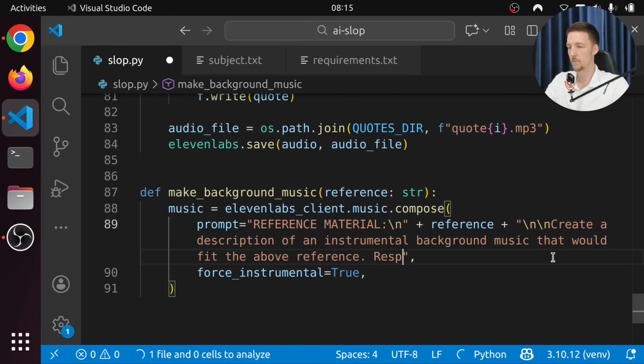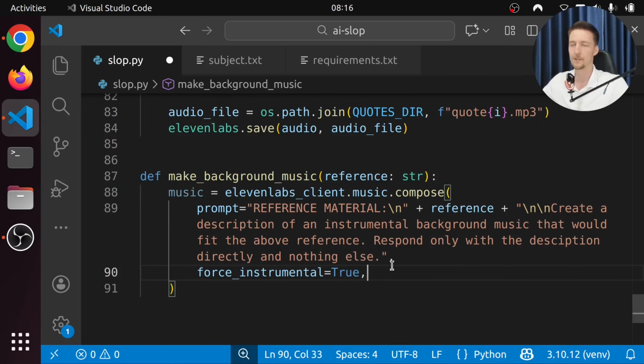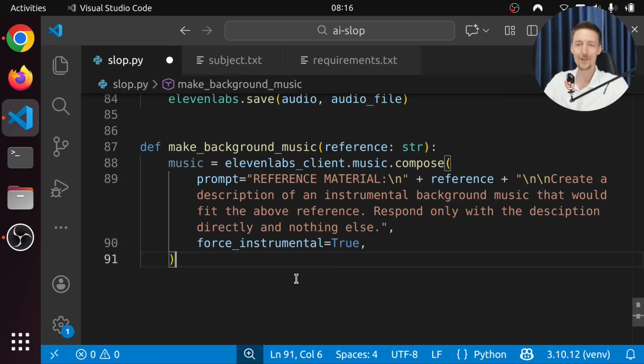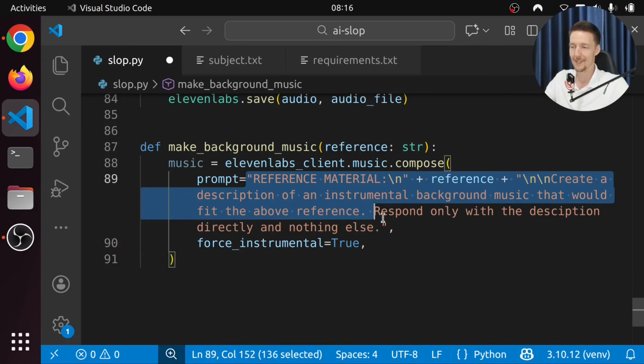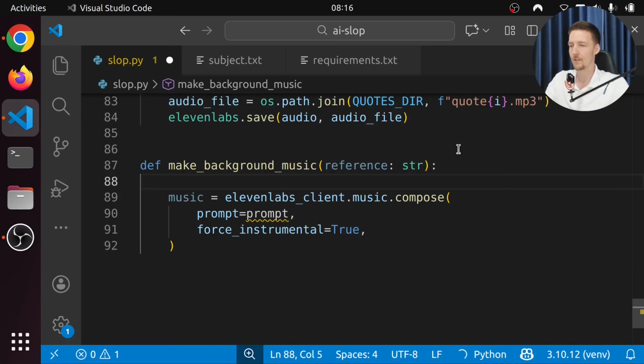Let's say respond only with the description directly and nothing else, because I'm lazy to parse the JSON again. And I think that's going to be enough. And sorry, this thing is going to be some kind of prompt, but we have to use the Gemini to create the prompt for the music.